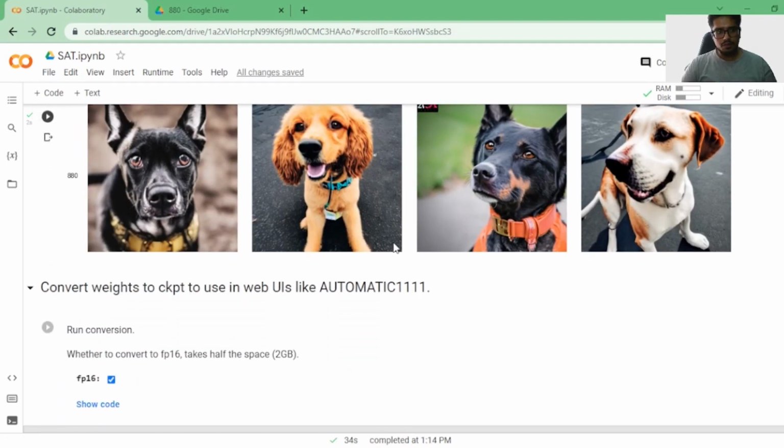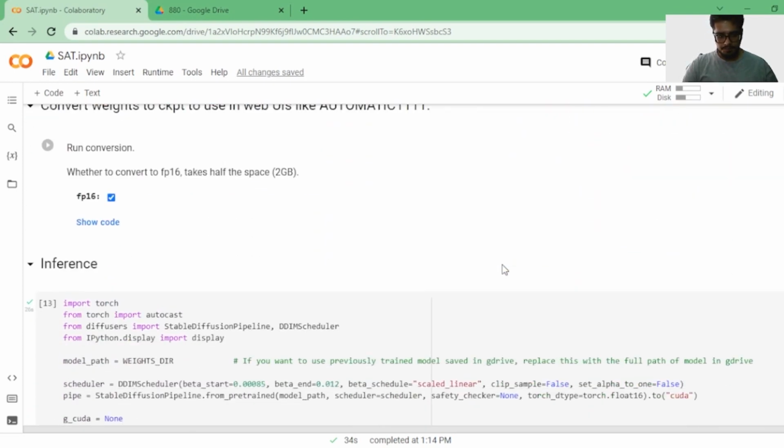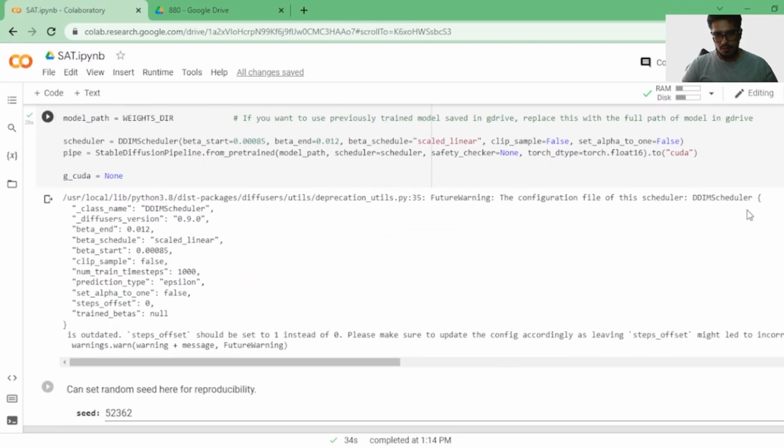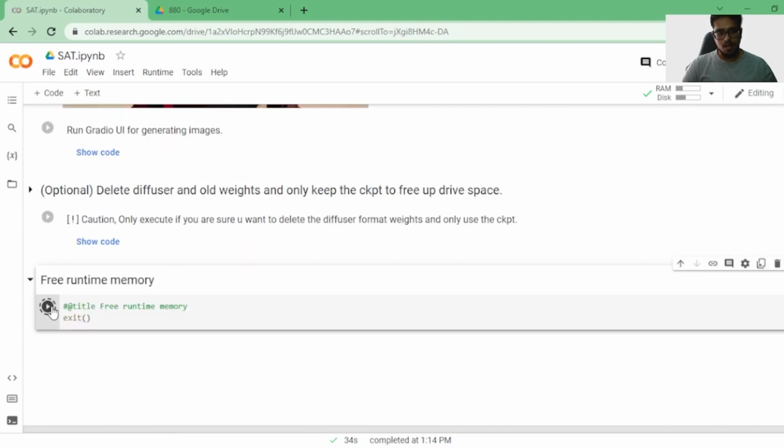Alright, so the model has now completed training. So how do you access it the next time you want to run the same model without actually training the model, right? So I'm just going to quickly walk you through that as well. Scroll all the way to the bottom, click here, free runtime memory. This will exit the application. You can save it and close it,